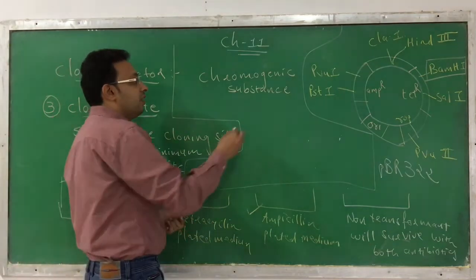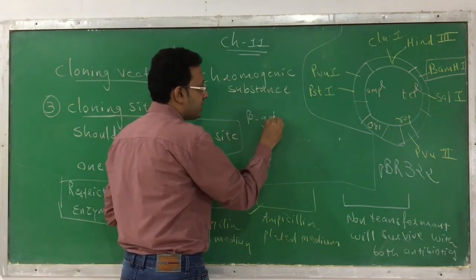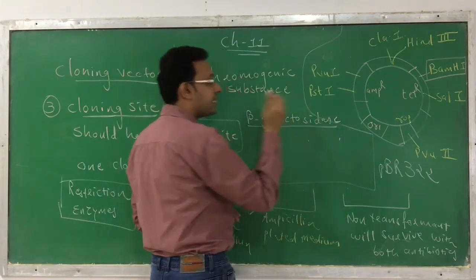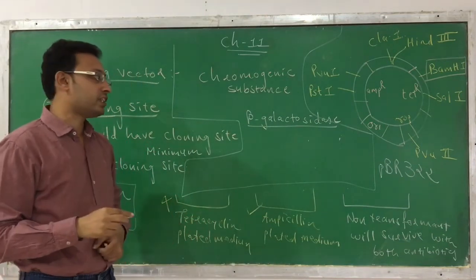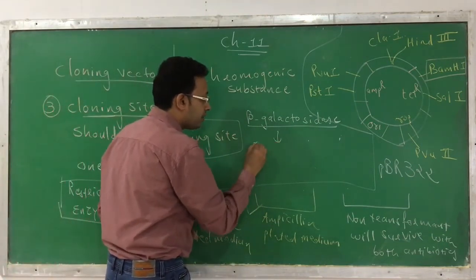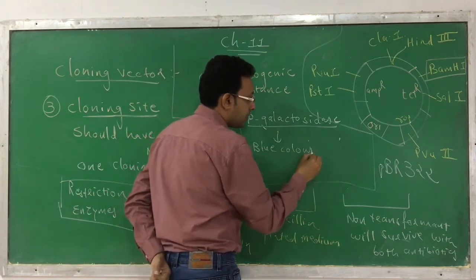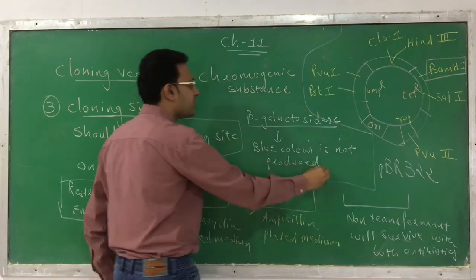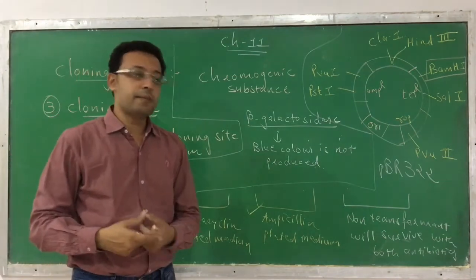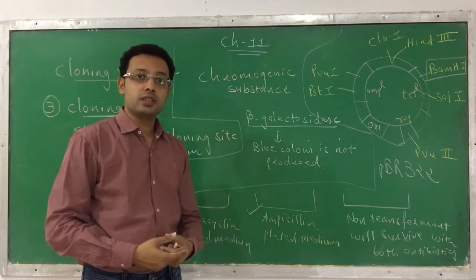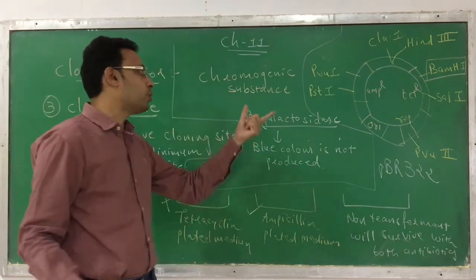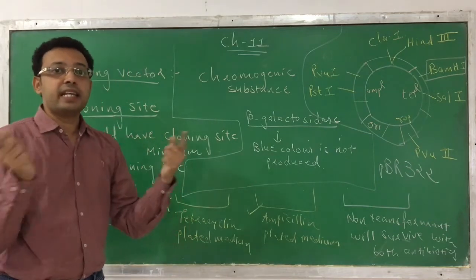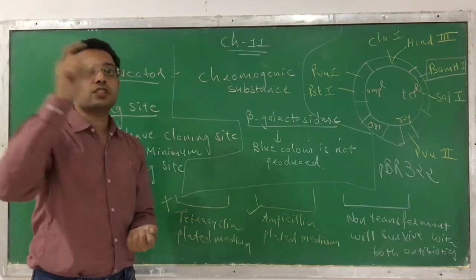If there is an insertion of a gene in the beta galactosidase enzyme, or the gene for the beta galactosidase enzyme, the blue color is not produced. And it is very easy to observe the color compared to whether it is growing or not. The principle is just that we are observing a color, we are adding a chromogenic substance, and by inserting, we are making it inactive. So this kind of method is called insertion inactivation.